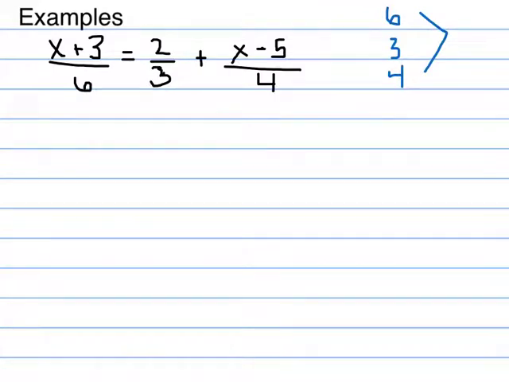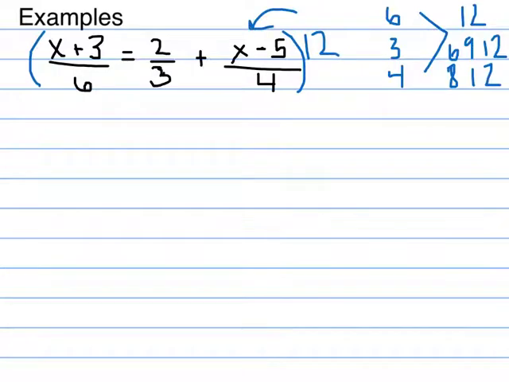So 6, you have 6 or 12. 3, you have 3, 6, 9, 12. And 4, you have 4, 8, and 12. So 12 is the first number that all of them have a multiple of. So what we're going to do is we're going to multiply through by 12. And what we'll do is we'll multiply 12 by each term in the entire equation. You have to do it on the left side and the right side, and it has to be every single